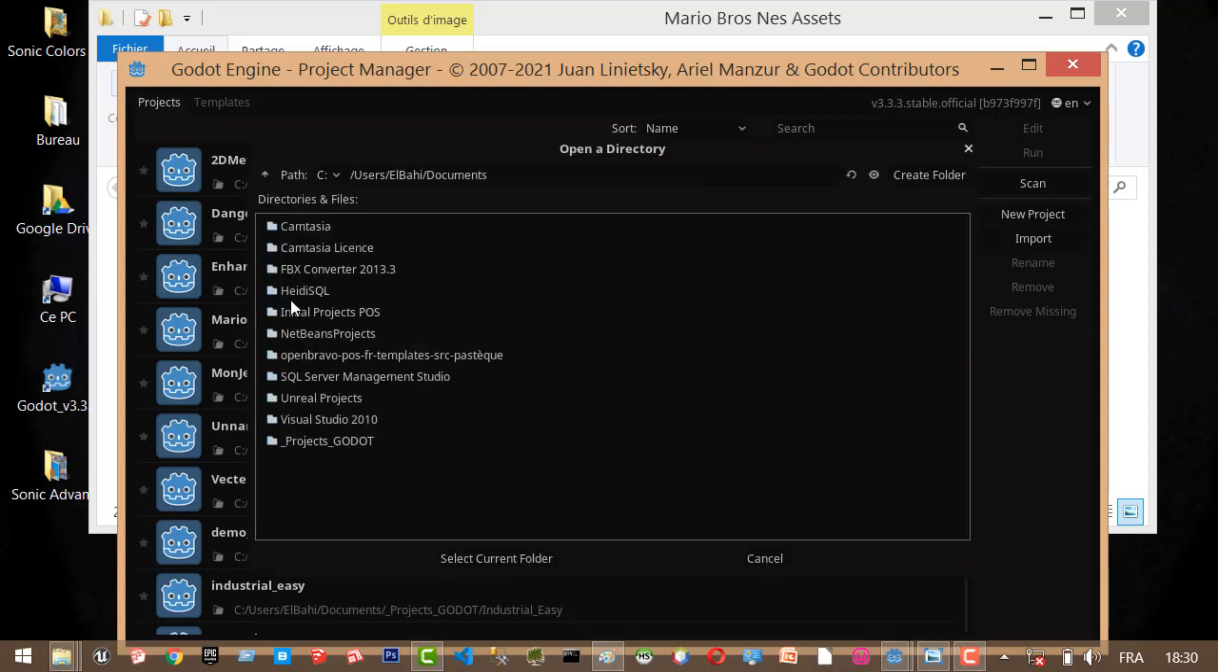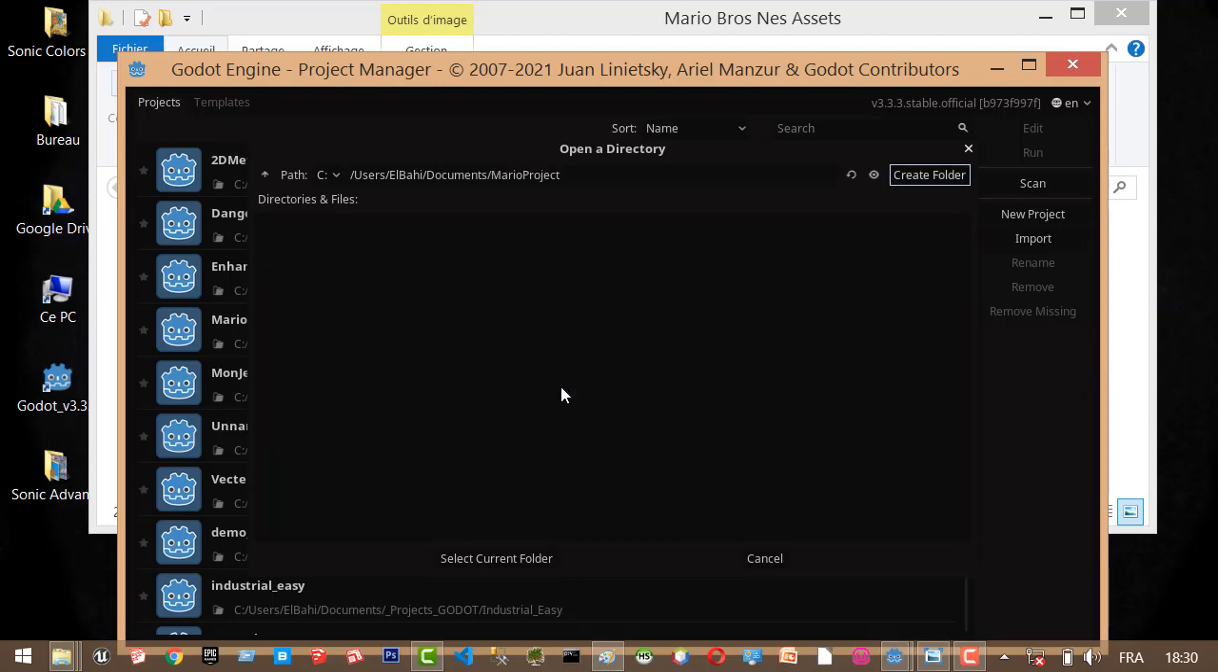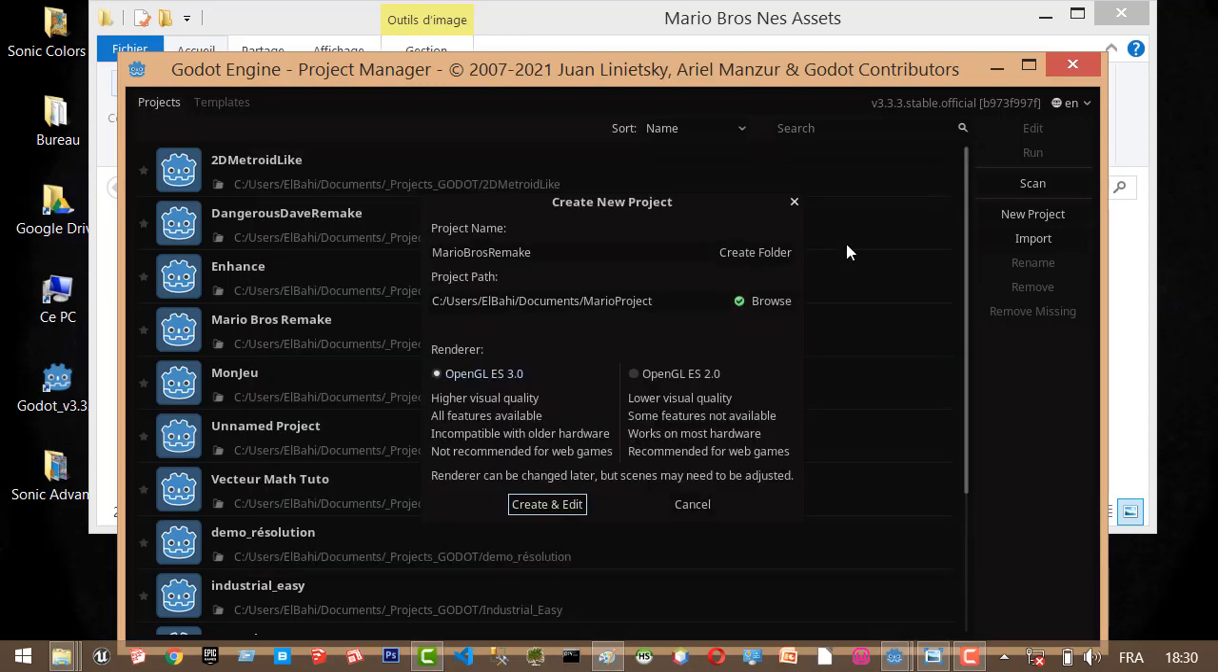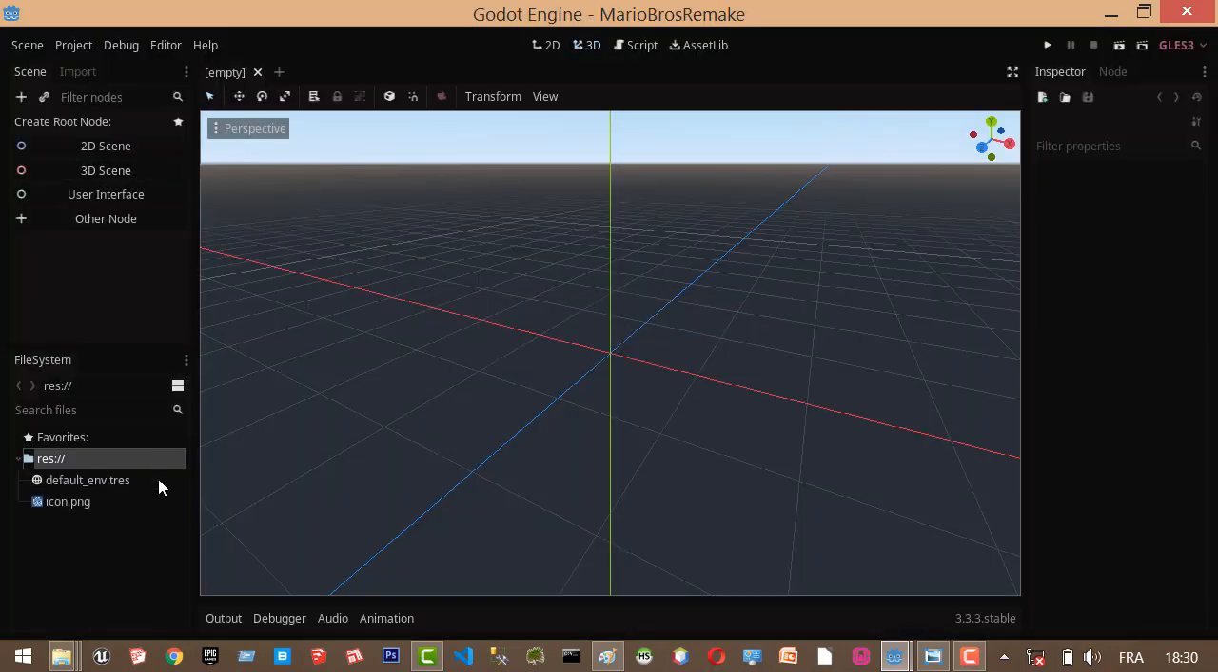Choose a folder, Mario project, for example. Okay, then select the current folder, create and edit. So we start with a brand new project, and we're gonna import our assets into the asset folder. That's it. So we do have this one,